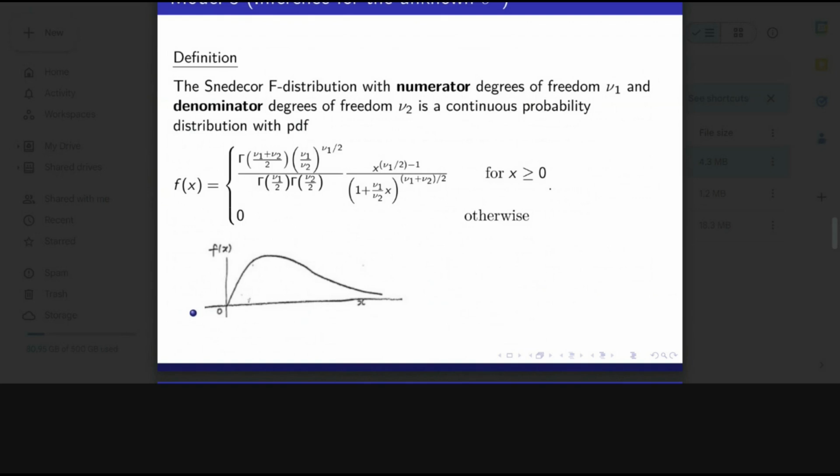So when was George Snedecor doing these things? I think it was in the 1940s or 30s. So this distribution is not even 100 years old. Do you know how rare that is? A lot of the math that you learn in school is very old. Calculus is very old already. This is quite a young distribution. It hasn't been known for hundreds of years, not even 100 years. So he derived this. Anyway,